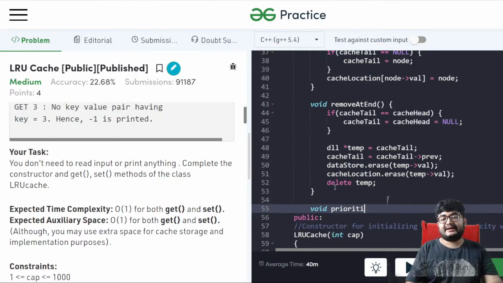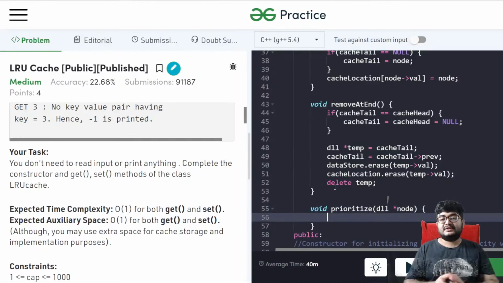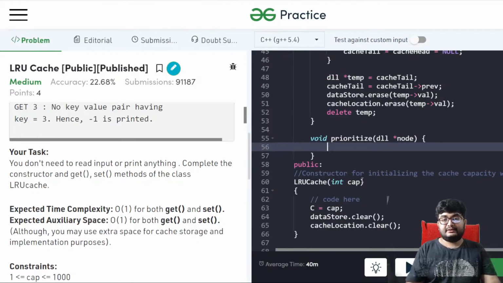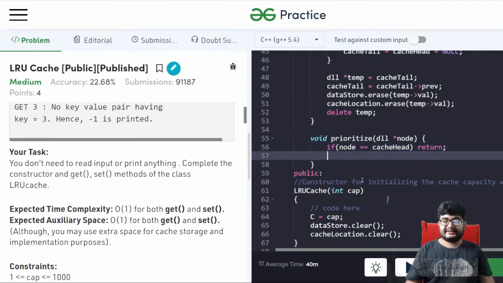Okay. What else? We'll also create a method that will prioritize something, right? So prioritize, and it will be prioritizing a given node. So DLL star node, a node will be given to us, and we will be prioritizing this. If node equals cache head, we'll just return, we don't have to do anything, it already has the first priority. Other than that, if it is not that, so what we'll do is node of previous